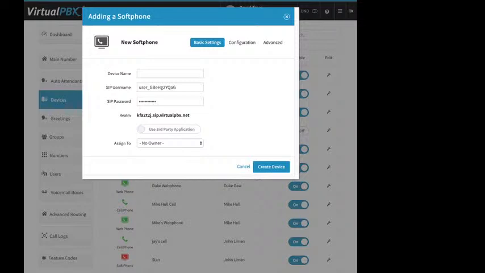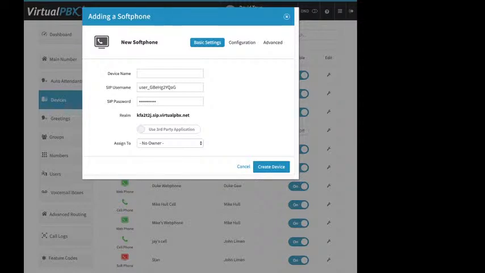We do have a couple guides on how to do that on our support pages. We don't have guides for every soft phone or VoIP phone out there. There's just too many. So I bet for some people that might just be a mere guideline, and they'll have